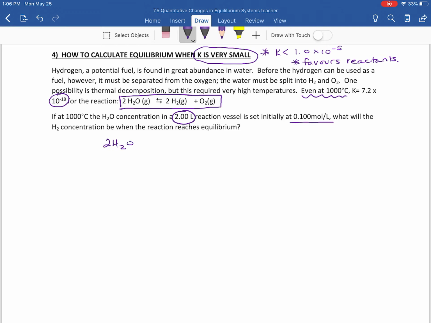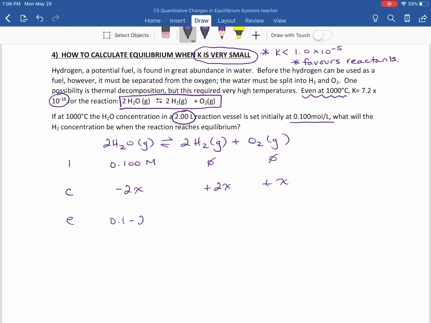So let's set up an ice table. If I write out my equilibrium, my initial concentration of the water was given to us, and I have 0 products. My change, since I'm consuming reactant, is negative 2x because 2 moles. When I'm making products, I am producing 2x and x. And so my equilibrium concentration is going to be